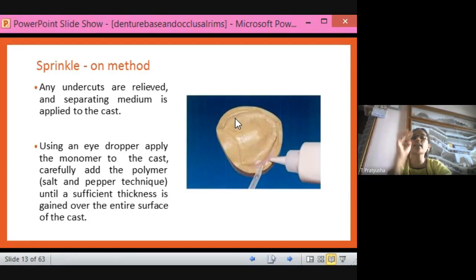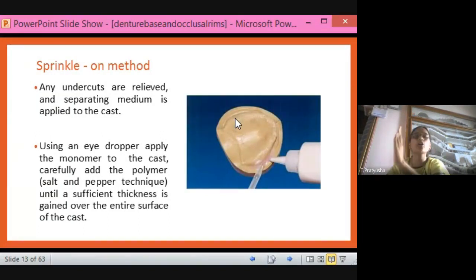If there are many such undercut areas, then when we are making the denture base, when we are doing the procedure, that material will flow into that area. So once it gets set, while removing, the cast may break or the denture may break because it has set into that underlying area. So when we are removing it, it will not come easily.